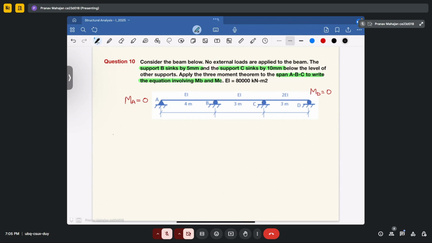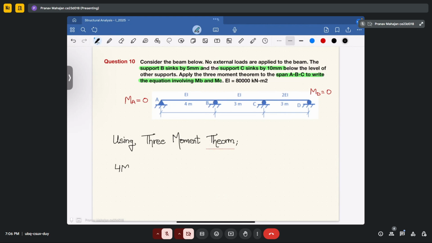Now, using the three moment theorem. I am not explaining the three moment theorem in detail. I am directly applying it and helping you in solving the question. If you need any help related to the three moment theorem, how it is derived, please see the videos for week number 9 that are provided to you on the NPTEL portal. Okay, so in this case, if you apply the three moment theorem, that will become